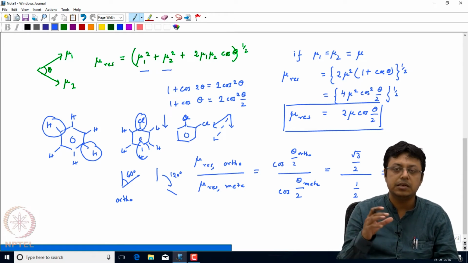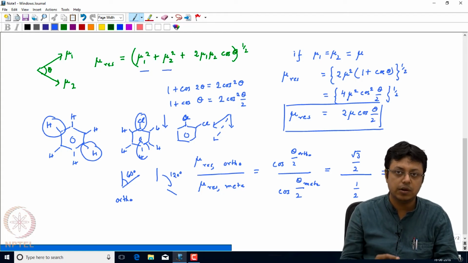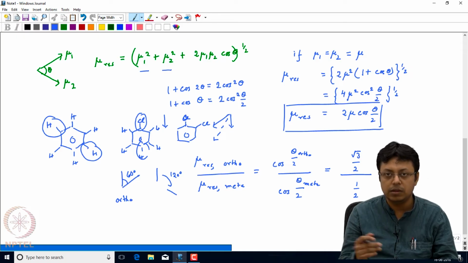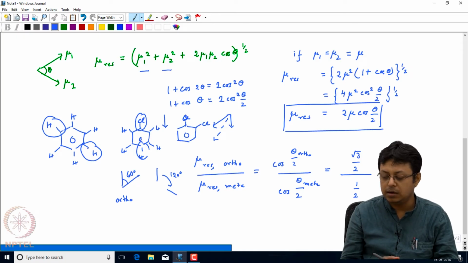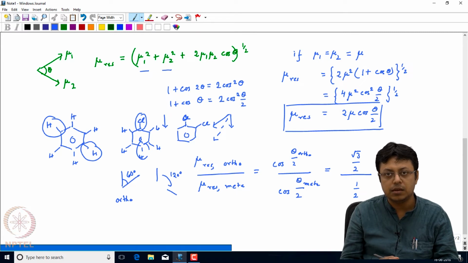So we have a vectorial addition of the dipole moments and can get the resultant dipole. You can calculate the dipole moment of the disubstituted benzene from the monosubstituted one, or calculate the ratio of the disubstituted benzenes in the way we have shown here. Now, look carefully: this resultant dipole moment is higher for ortho than meta, which makes sense,